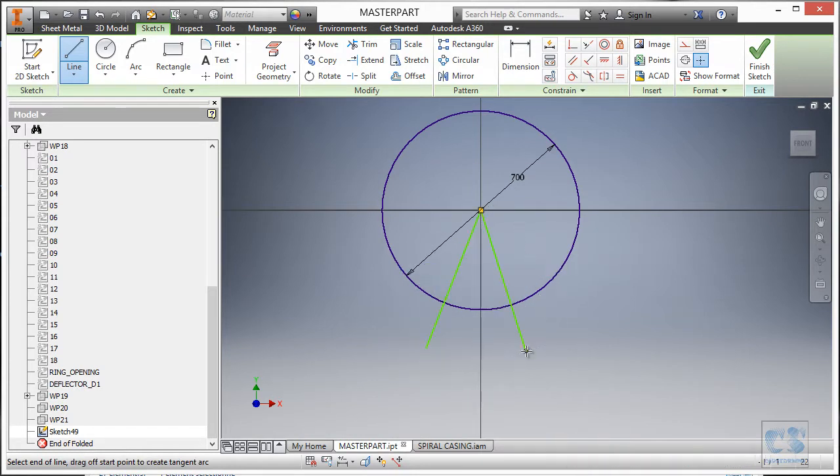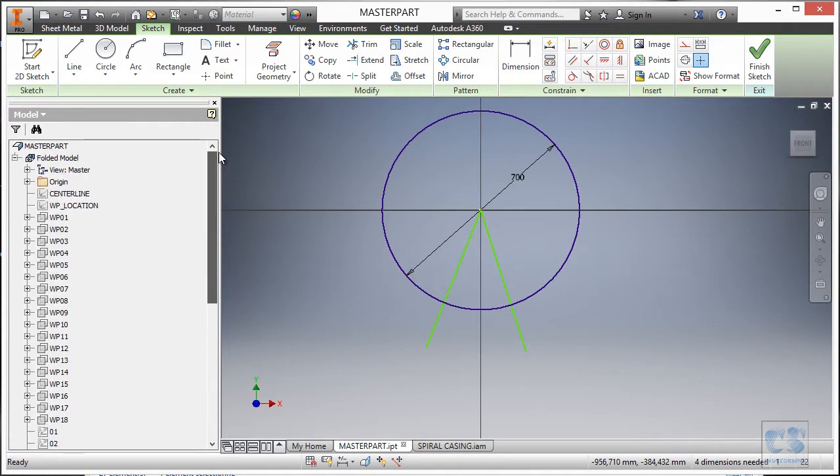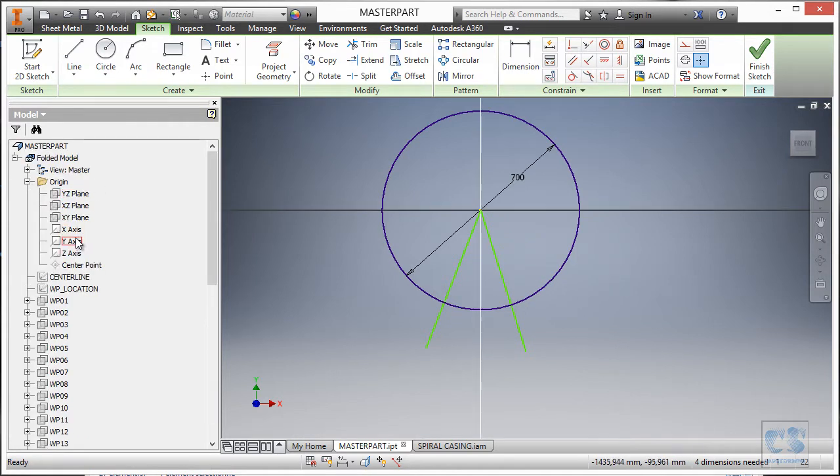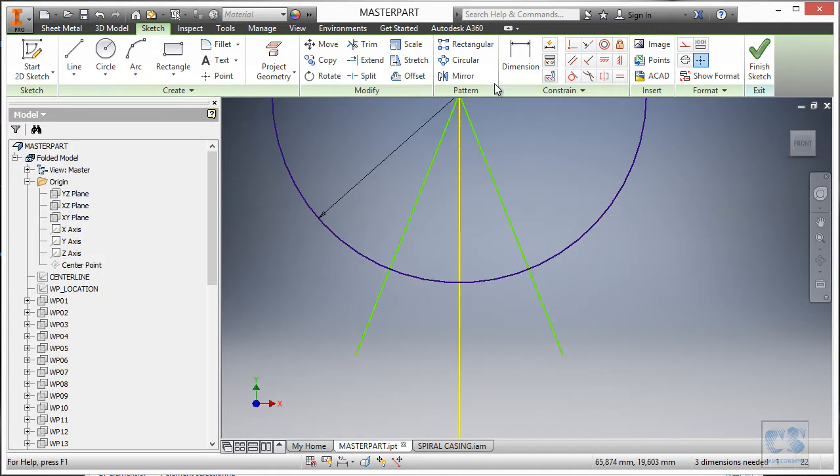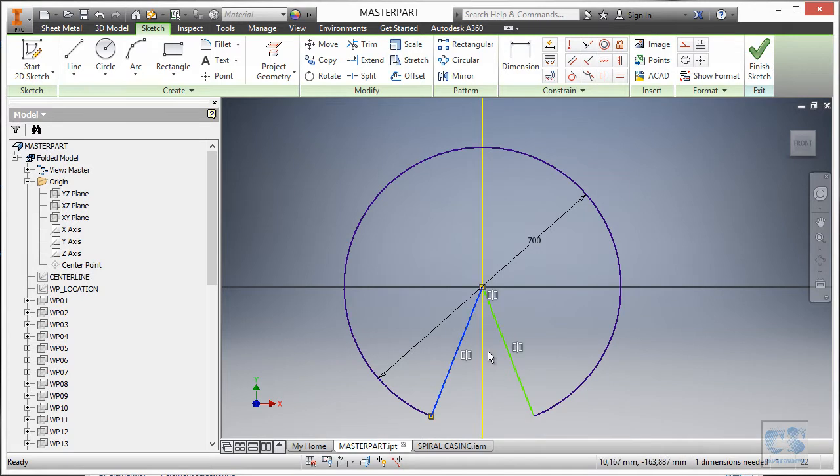Okay, now we add the two lines we need, so from somewhere like this to the origin and back. We will project the y-axis onto the sketch so that we can add the symmetry relationship between these two lines, using the y-axis as the symmetry axis. And we will use the trim tool to cut these parts, this one and this one. We make sure that these two lines are construction,